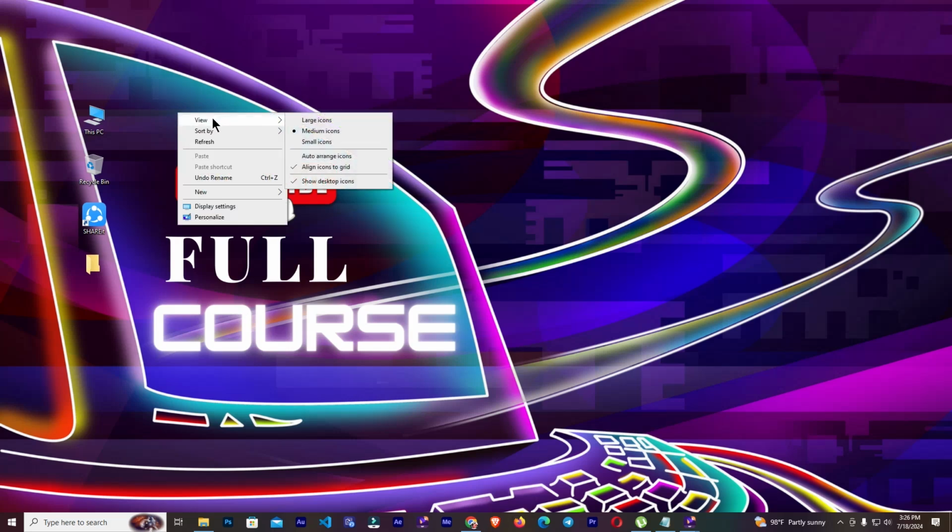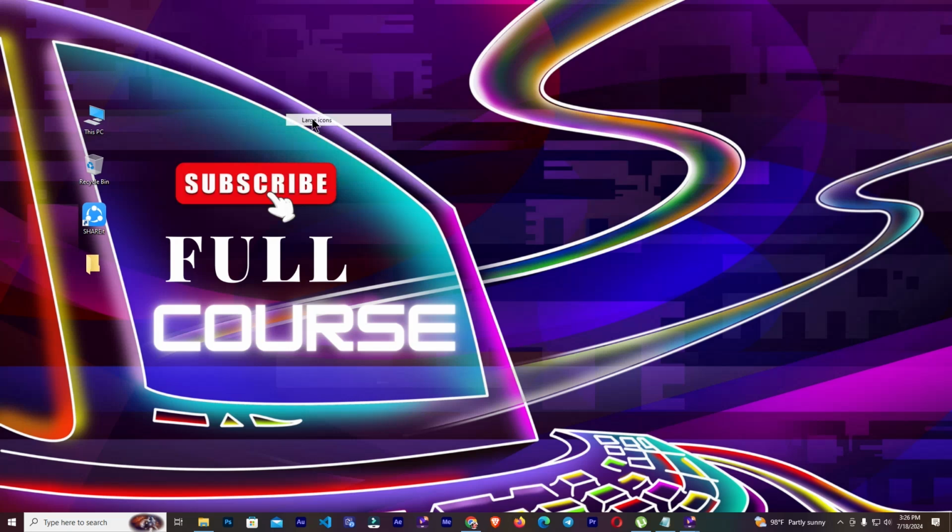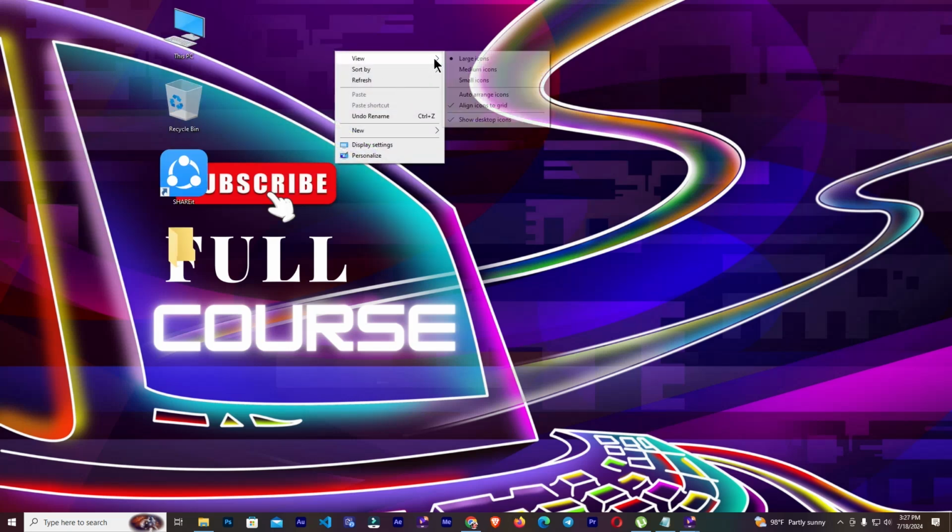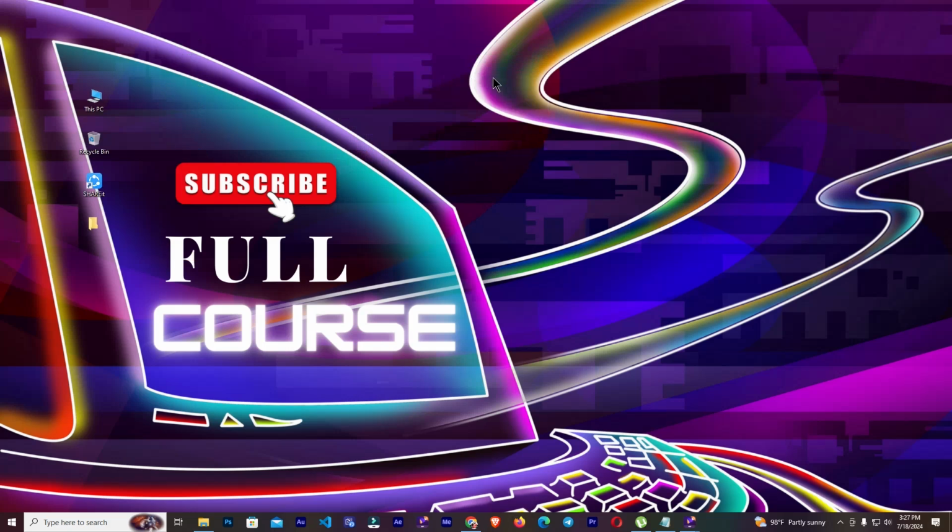From here you can see the view option. You can see the three settings: large icon, medium icon and small icon. By default, medium icon is set automatically. But if you want large icons, then select this one, or if you want small icons, then go to view and select small icon from here,